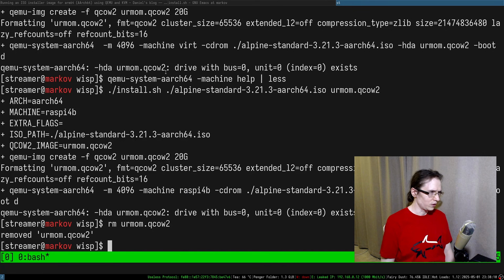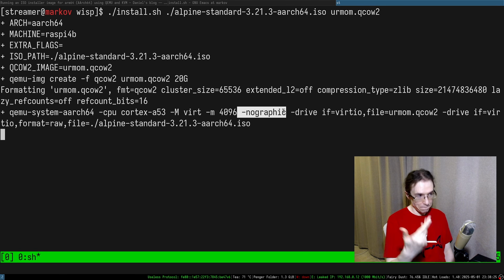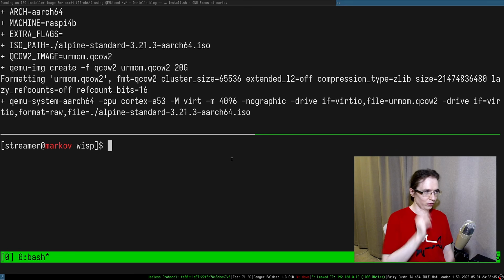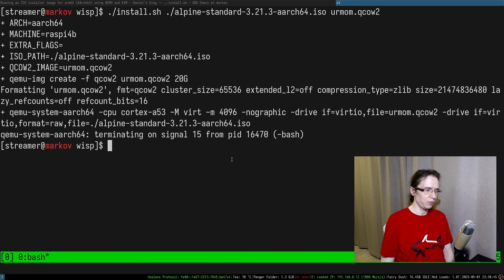So the old one is removed. Right. So let's just go ahead and try to run it one more time. Well, it is thinking, and it's also doing something that we asked it to do, which is no graphics, which is good. And I can't Control-C this thing, by the way. I literally can't Control-C it. I wonder if I can find QEMU in here running somewhere and just literally kill it, because it's not okay. So I am capable of killing it.